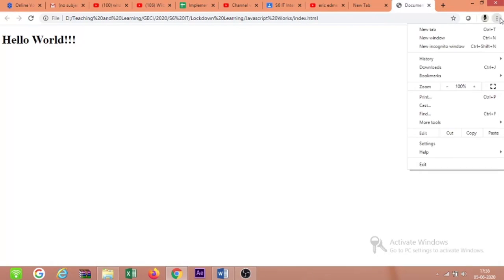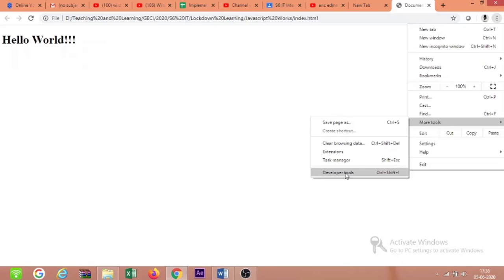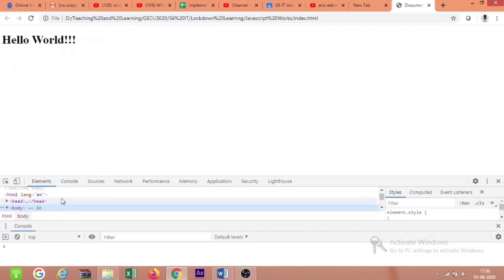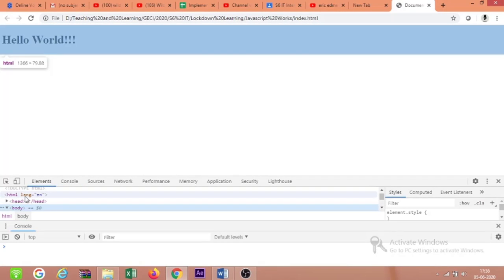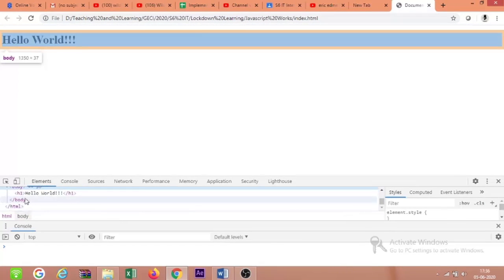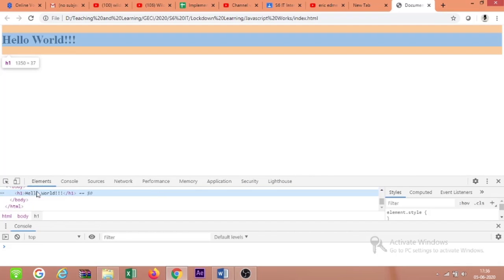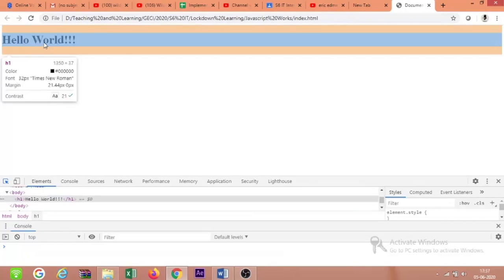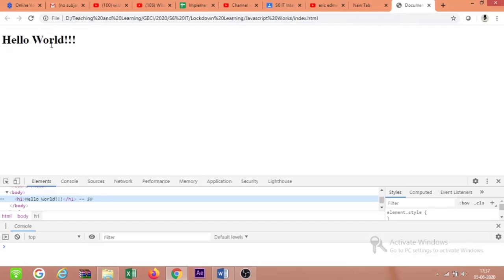So here from this more tools, I took developer console. Then a developer console will appear. It has many details. It can show details about your HTML code and it highlights contents displayed in this page. You can also use this tool to select elements. If you select this particular element, that particular code will be highlighted. That is one portion, and it has several things.